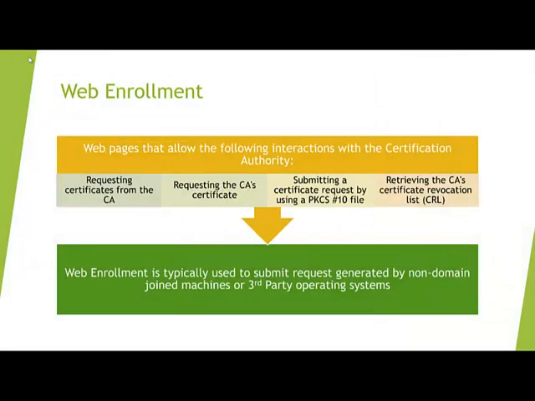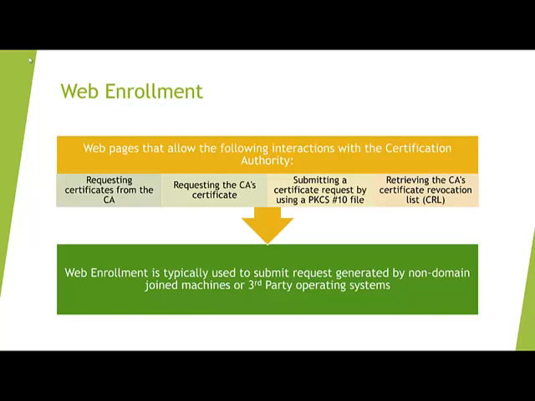So the web enrollment pages allow you to request certificates from the CA. You can download the CA certificate, you can download the chain, you can download the CRL, and you can basically submit requests to the CA through this tool. As mentioned at the bottom here, like I said earlier, a lot of times it's used by